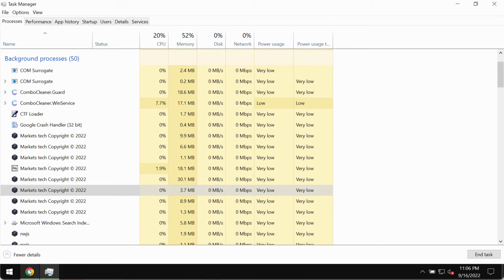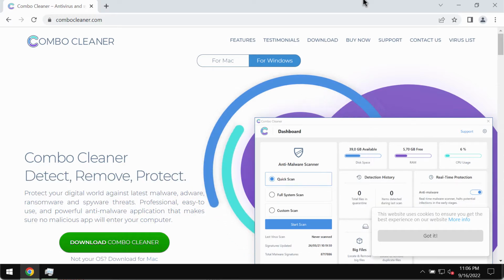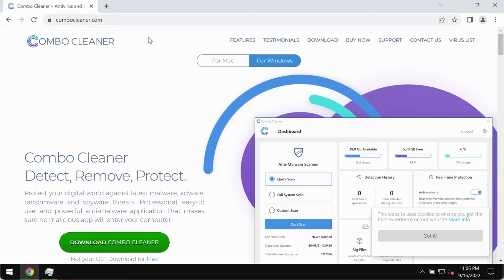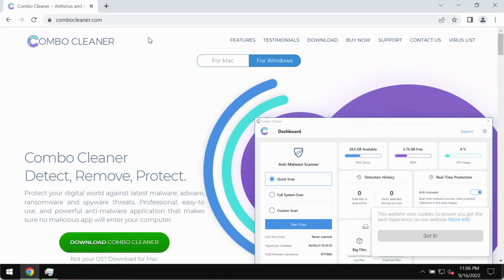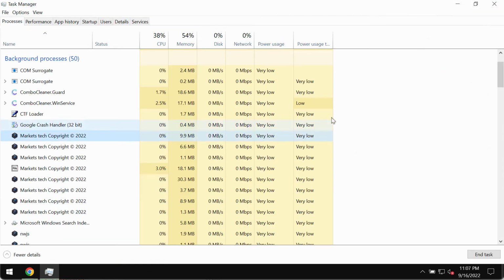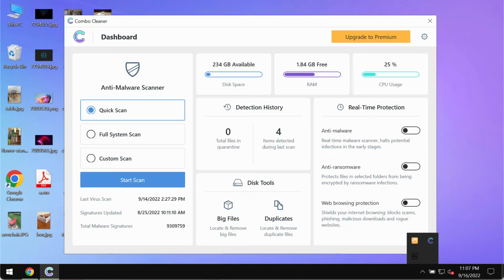We recommend that you thoroughly research your computer with the help of Combo Cleaner, the reliable antivirus and anti-malware tool. It will help you to detect this Markets adware and to remove it effectively, and also to remove other threats from your device. So go to the page combocleaner.com, download the software, install it, and then begin thoroughly researching your